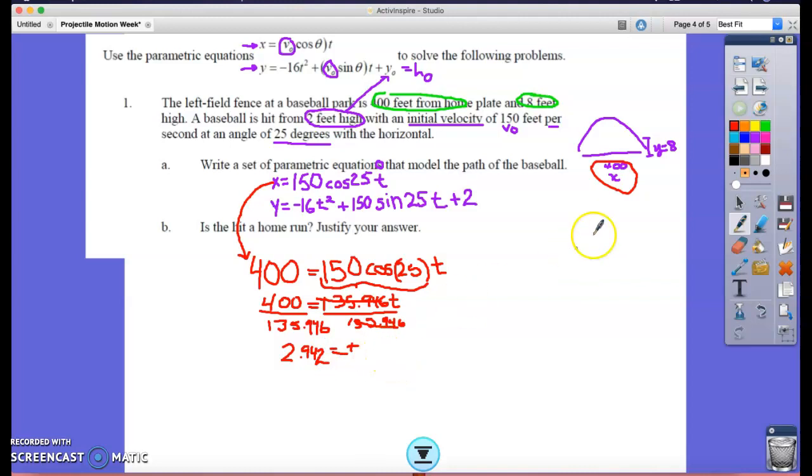So now I need to take that, and I'm going to do a different color. I haven't done blue yet. Let's take this right here and plug it into y to see if I indeed get my other tester of 8 feet high. Will I clear this wall and get a home run? So I'm going to take y equal to -16. My t I'm going to plug in is 2.942 because that's what we just found out with our x equation, and plugging in the 400 feet for the x value